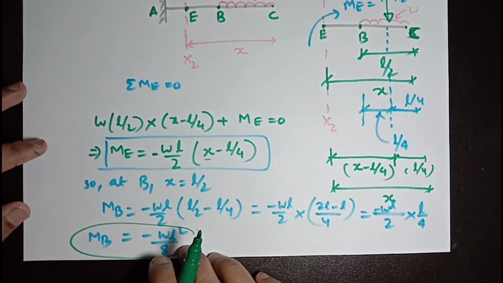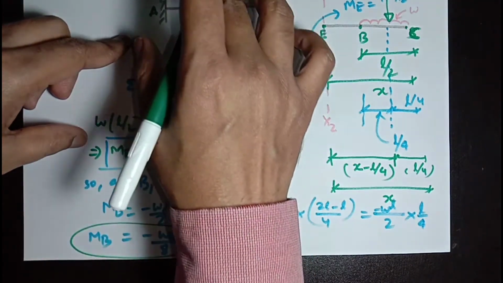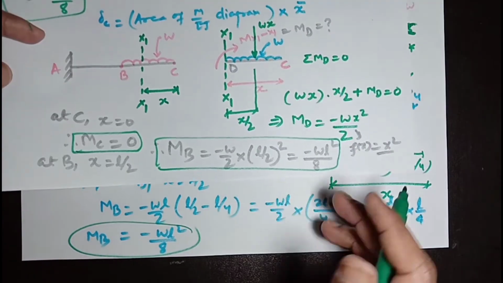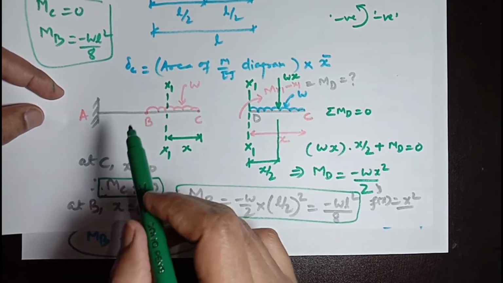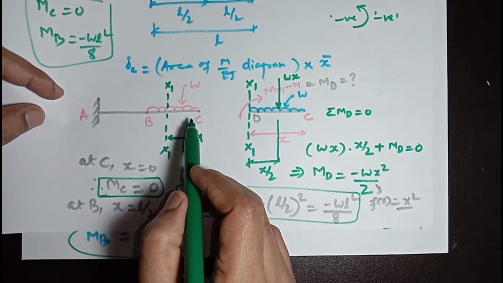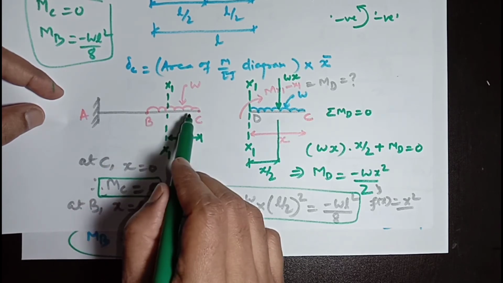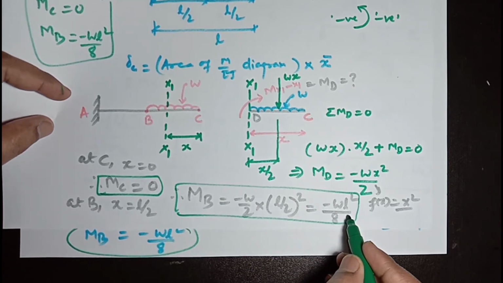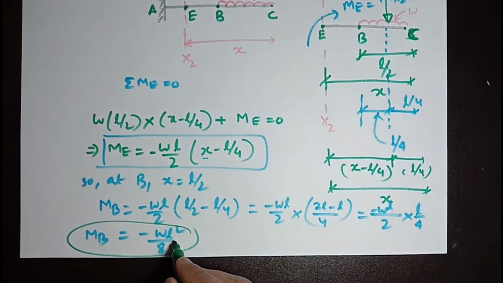This is the moment which is calculated at point B when we are taking any section x2 from B to A, and the same bending moment which I have calculated here, minus WL square by 8, when I was analyzing the same beam with any section which was taken at a distance of x from point C, but the analysis was done for B to C only, and at point B I found the bending moment MB was minus WL square by 8, and from B to E the same bending moment value WL square by 8 is found here.